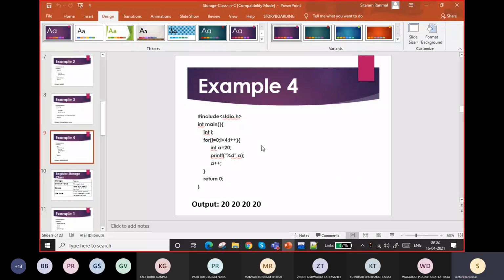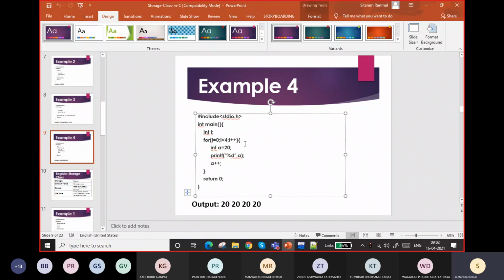Again, in one more example, int main, int i, for i equal to 0, i less than 4, i plus plus, int a equal to 20, printf %d a. Whenever this loop runs, int a equal to 20, and it prints a. For i equal to 0, it will print 20. Then a plus plus, so the value of a will become 21.